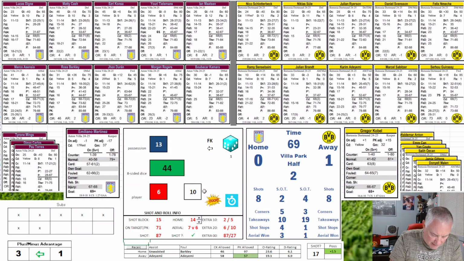So they get a good shot attempt there, but it is off target. On target's a goal. 7 versus 6 on the aerial is won by Villa. 141p. 171 is a card, and Schlotterbeck is going to card. He doesn't get the red card. He passes that check. Villa's ball. 582. Taken away by Mencha.